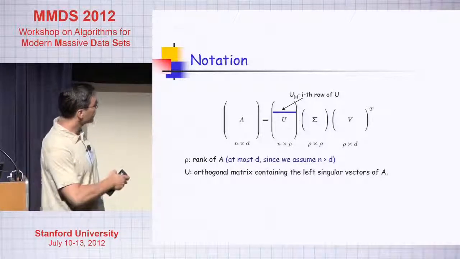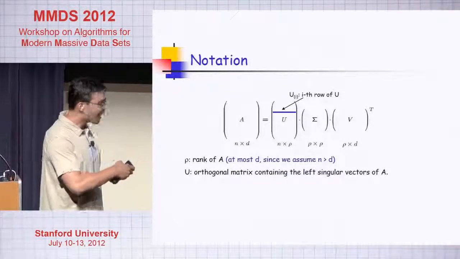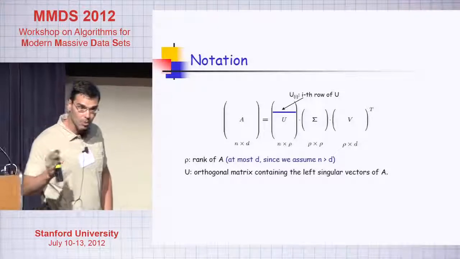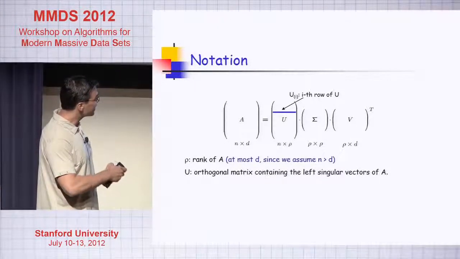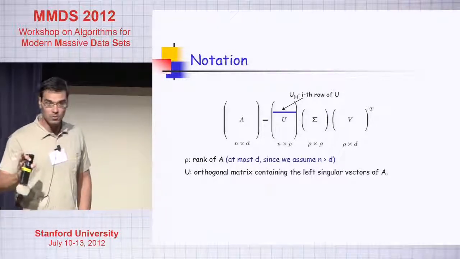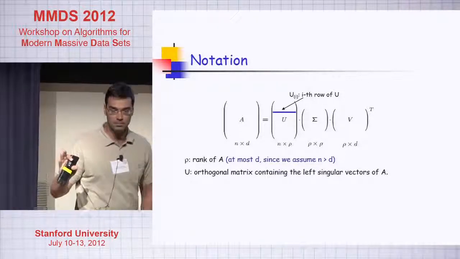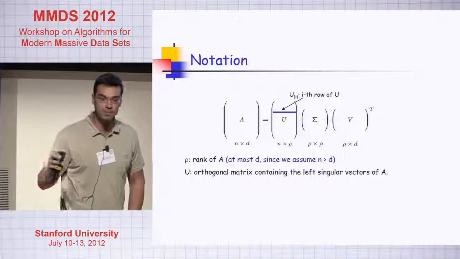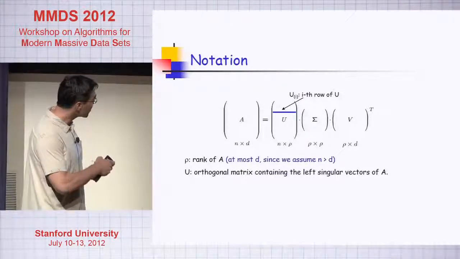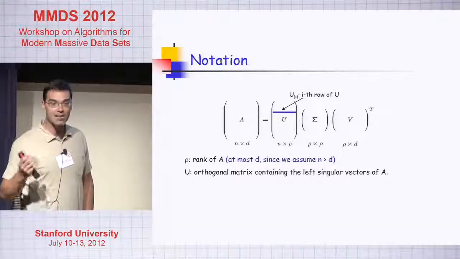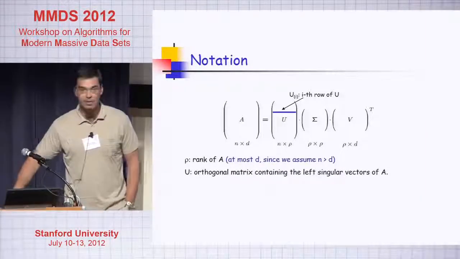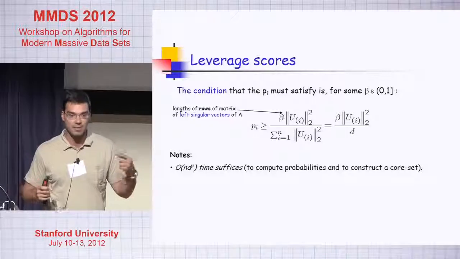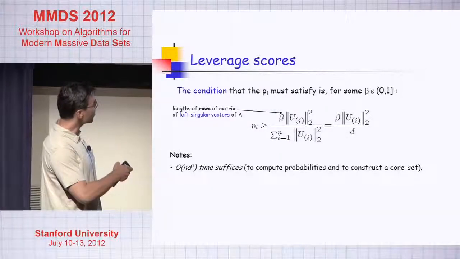Here's what's important. The columns of U are pairwise orthogonal and normal. What about the rows? You don't know much. What you do know is that the Euclidean norm of the rows of U are between 0 and 1. That's pretty much the only thing you can say. Those norms, the norms of the rows of U, are the leverage scores. So the probability distribution that is going to reveal to you which constraints are actually influential is this probability distribution